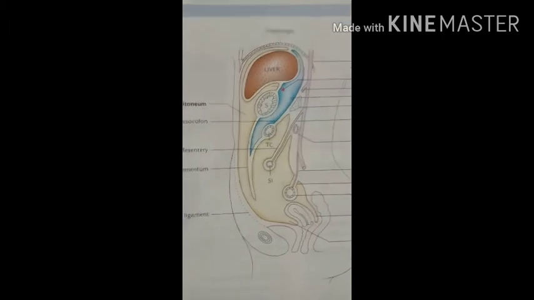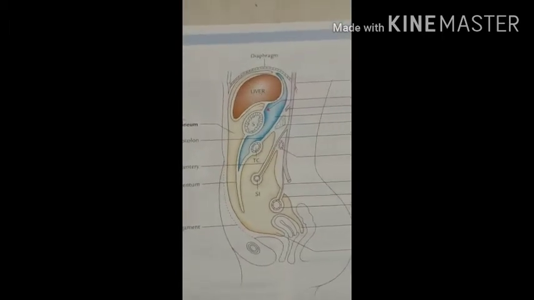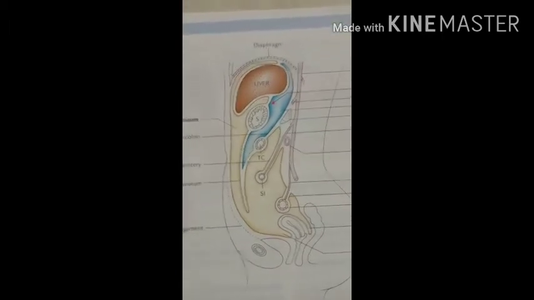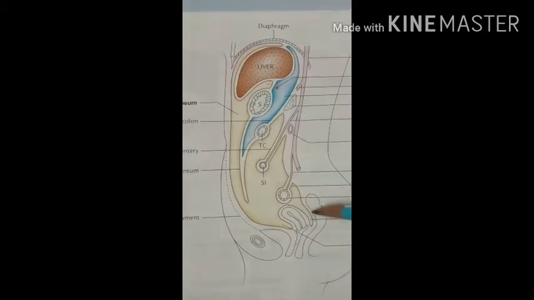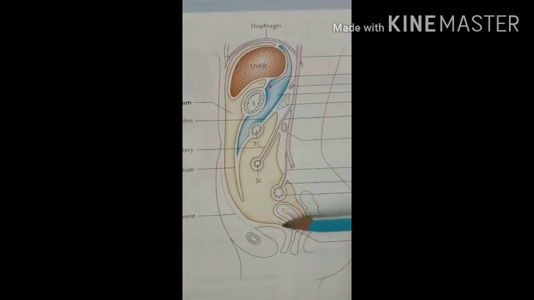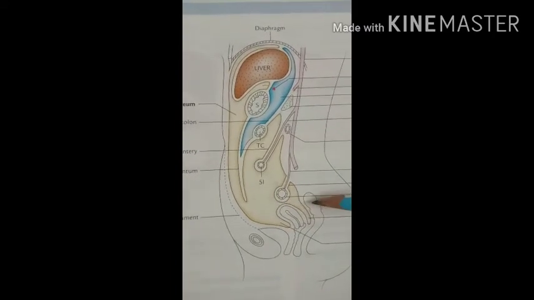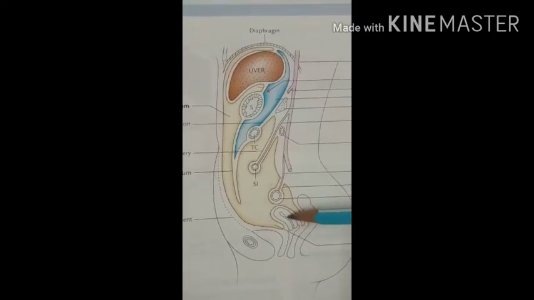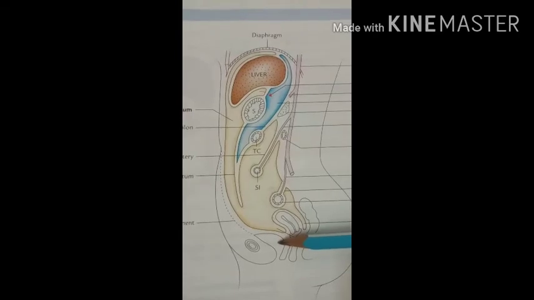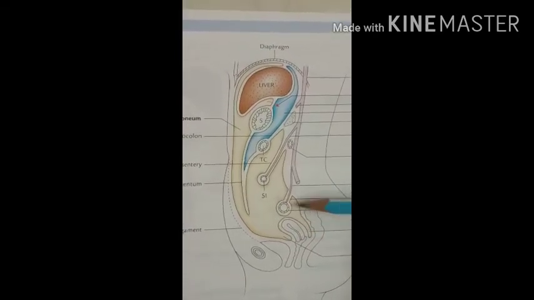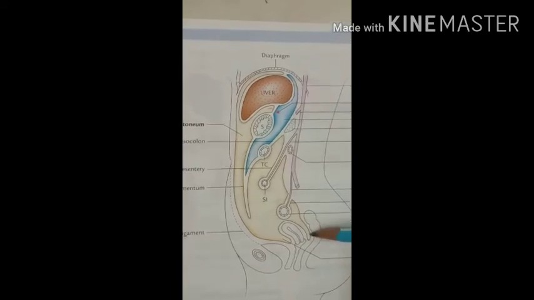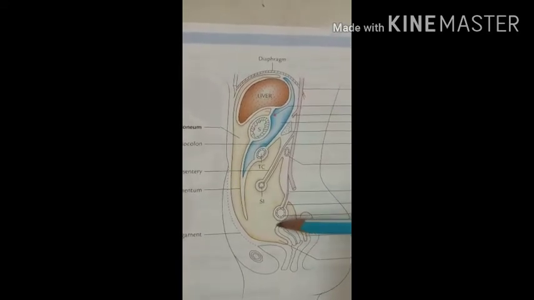Then the pelvic organs, which are present in the pelvis, are only superiorly covered by the peritoneal folds. Here, consider it is the female pelvis, so this is the rectum, this is the uterus and this is the urinary bladder. Between the uterus and the rectum, it forms a double fold of the peritoneal membrane.